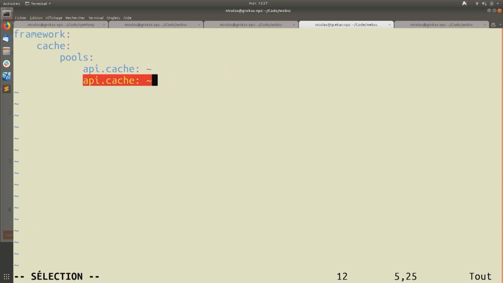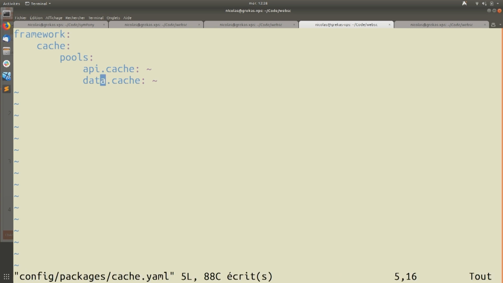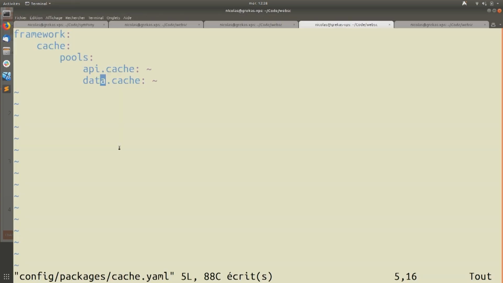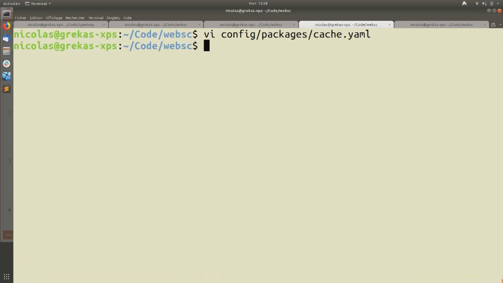And I don't know, another ID. No, I don't have. Okay, I don't care. That's two sets of cache pools, right? They store different kinds of objects in different parts of the application. So now we just define two pools. It doesn't change anything here because we don't use them. But if I run the command again,